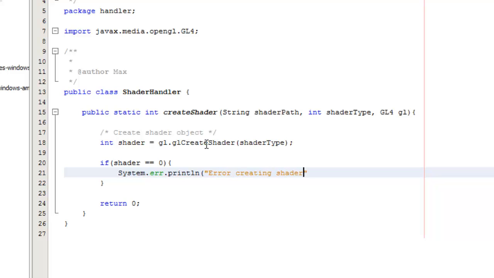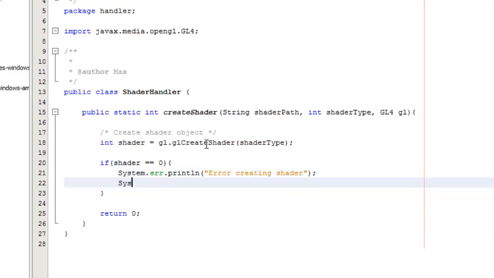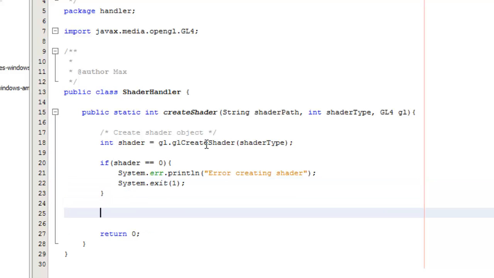Creating shader. They're creating shader. System.exit 1. So as long as everything went fine and we got past that point, what we do next is copy the shader source code